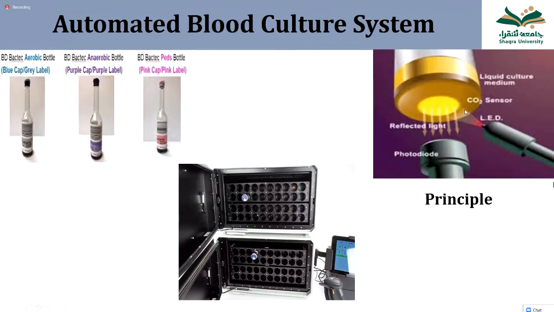And this is the bottle, and this is a computerized system to check the growth of the bacteria. Actually, the computer checks the presence of carbon dioxide. If the carbon dioxide increases in the medium, then it will give a signal. Without bacterial growth, carbon dioxide cannot generate automatically. So if carbon dioxide is increasing, that means the bacteria is growing. So by automatic system, the computer knows the bacteria is growing in this bottle.